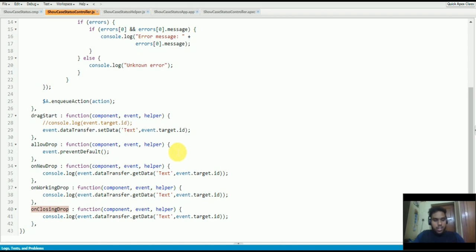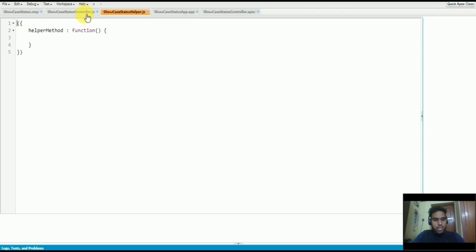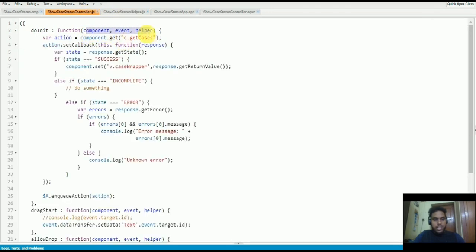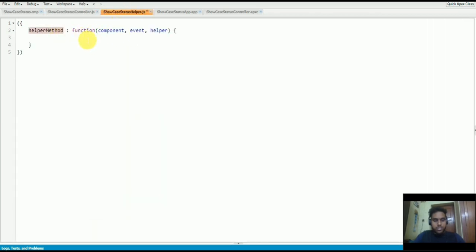We'll do one thing here. So here we're gonna update the case status. We are getting the record ID and we have to update the case status. To update the case status, I'm going to make use of a helper function. I'll just create another helper function. I'll just name this as updateDraggedCase, something like that.